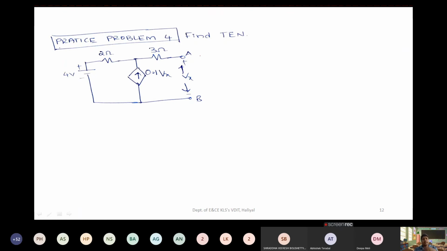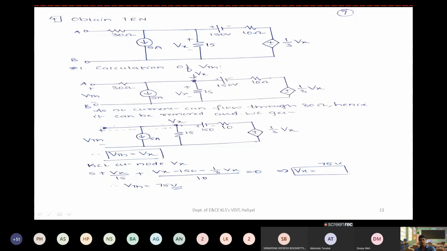While writing KVL, again you get this element now. Once you remove this current source, you will get two currents. Again, just check whether with open circuit current will be there or not. Once you short circuit, definitely current will be there. So for short circuit you can write 3 times I short circuit. I have given you just a few hints, so you have to go with that.